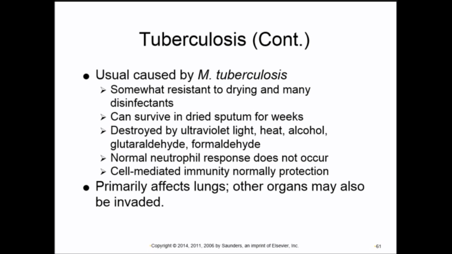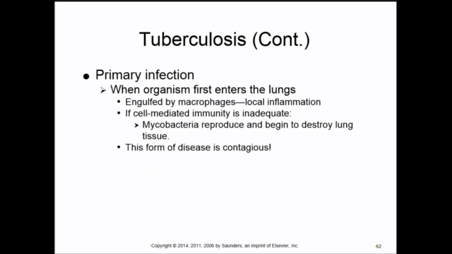And the thing here is the neutrophilic response is not there. What happens is it's cell mediated: they phagocytose the TB if you're strong enough, or it can actually flourish and start to invade different parts. TB usually starts with primary infection. The first time somebody's coughing and you get TB, it goes to your lung. This is a primary infection, and what will happen depends on